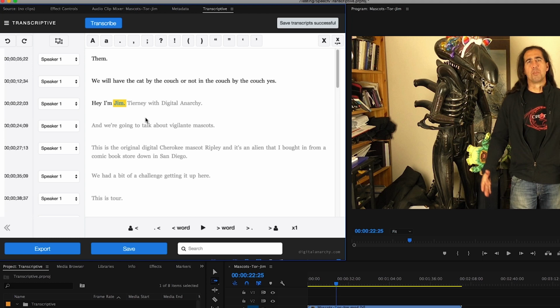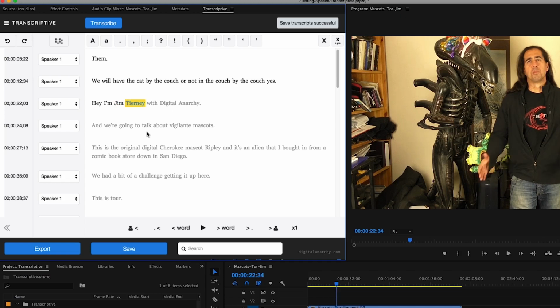You can always quickly delete any punctuation you have for a singular word by holding down Control on Windows or Command on Mac and the delete key. You might have noticed as well, when I add end punctuation, it'll automatically capitalize the next word after my end punctuation. If I delete the punctuation, it'll do the opposite. It will uncapitalize the next word.